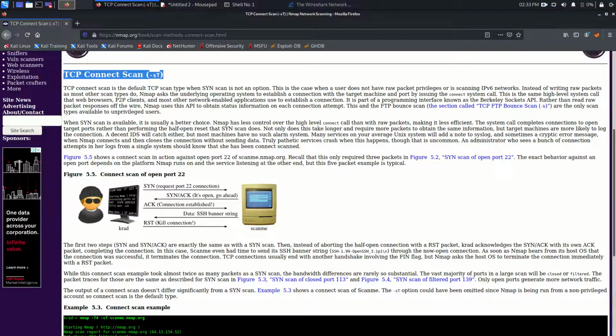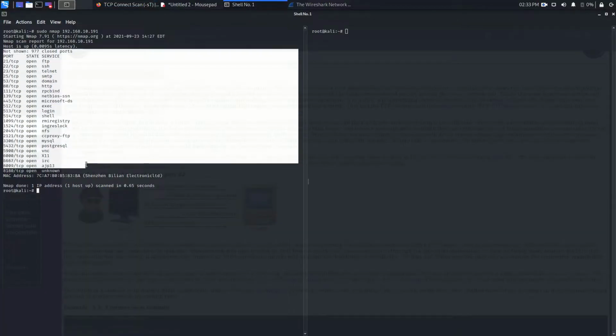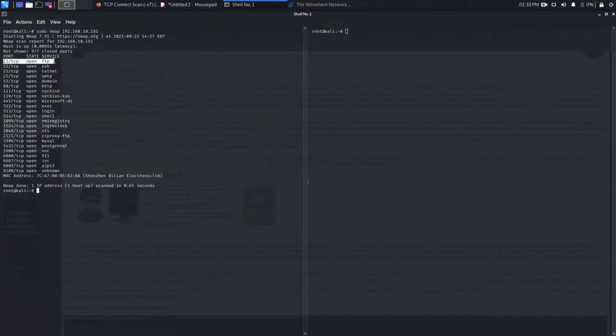Now why I told you about these flags: because in the scanning part you are going to face all these things. As we know, in the target machine or target server, there are ports which are open. So I will take only one port and scan this port with the TCP scan, and I will show you how that scanning process is done.